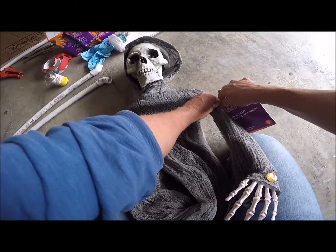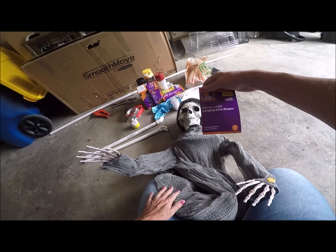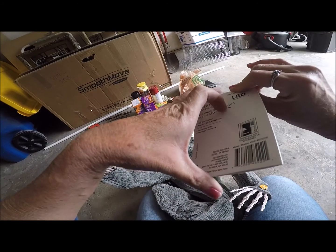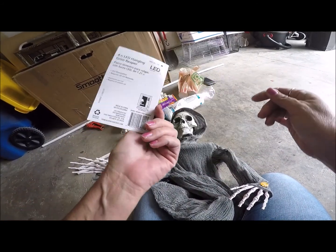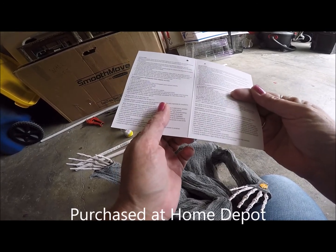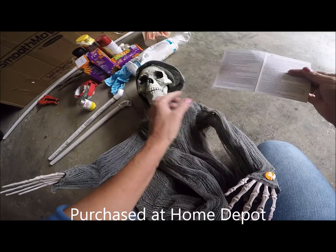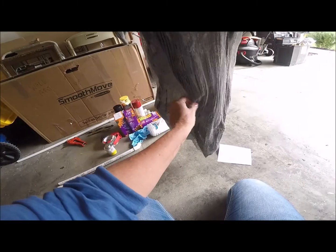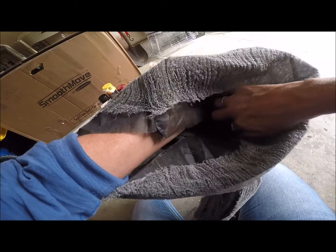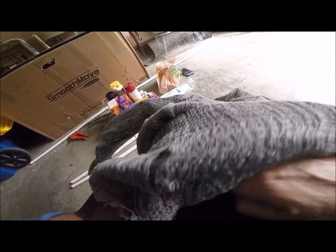All right, I'm going to take his tag off. He is a 4-foot LED hanging Grim Reaper animated. He requires 3 AA batteries. You're supposed to take the batteries out and all that, but I'll wait to do that. All right, so I'm going to pull his dress up to expose where I'm going to connect